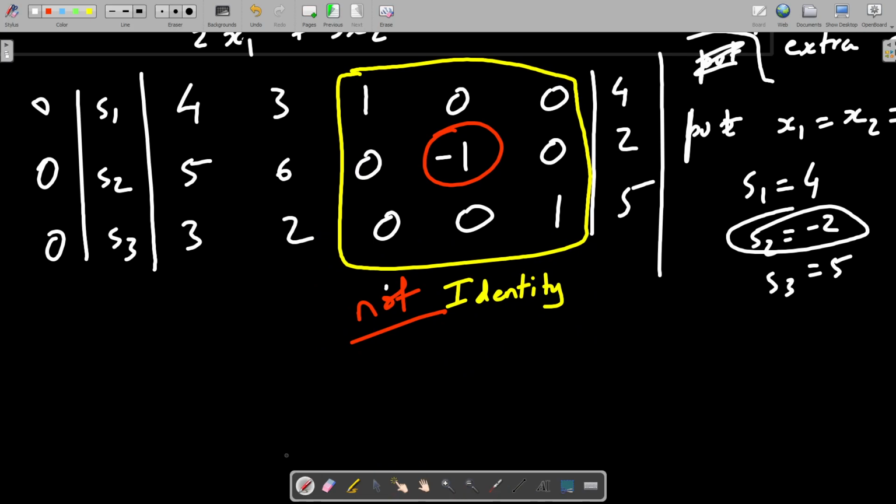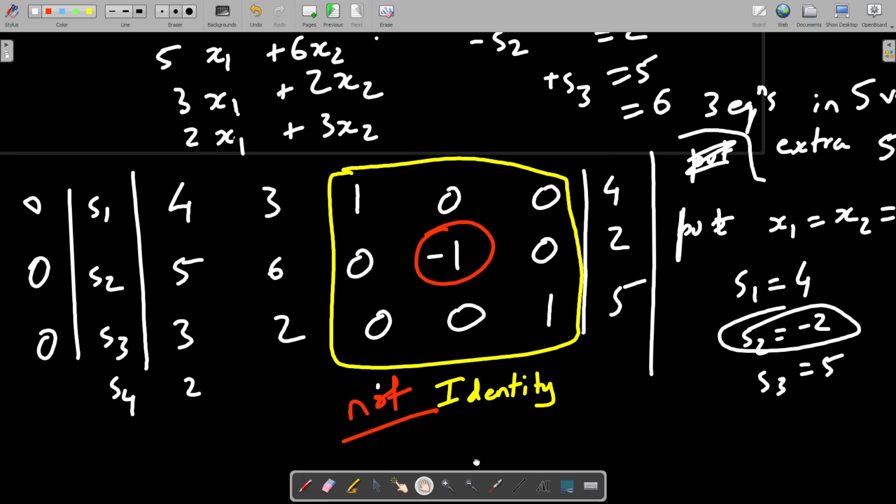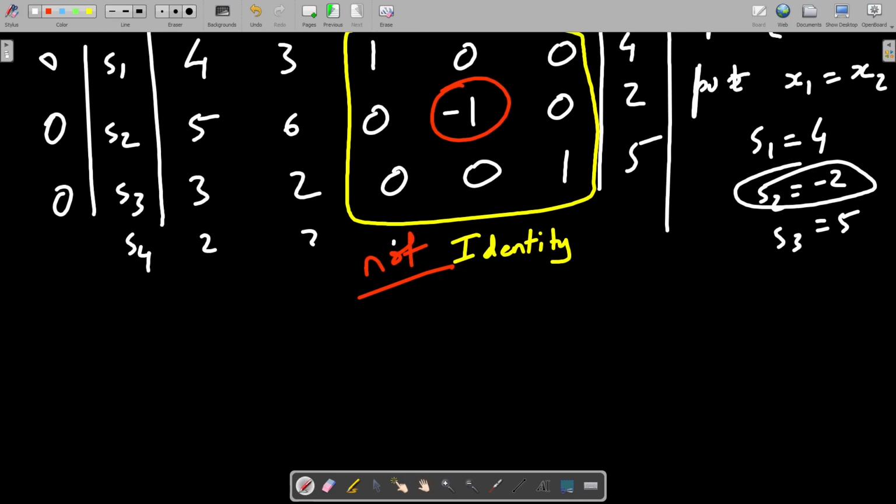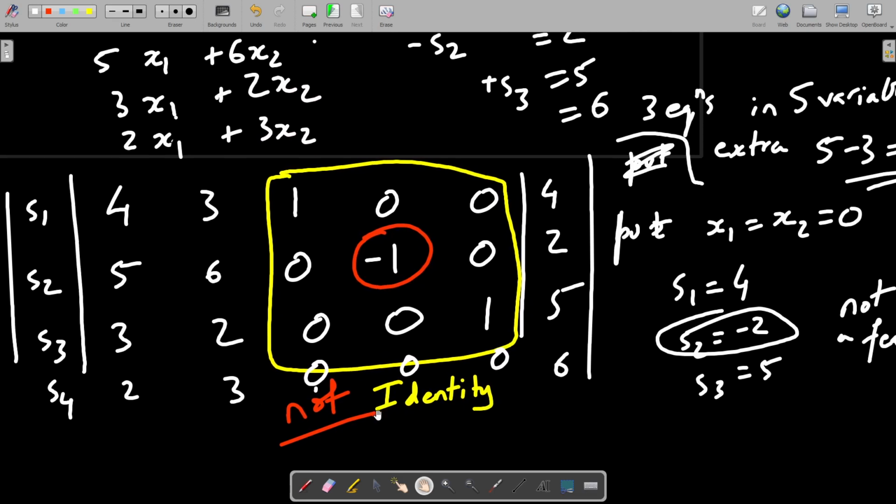Here we'll write this as an extra, this is S4. What are the numbers there? 3, 2 plus 3, 2, 3, here 0, 0, 0, and here whatever 6 was there. Alright. One more column will also come up, by the way. No, no more columns come. We're not adding more variables now. So only this much. So is this an identity matrix now?